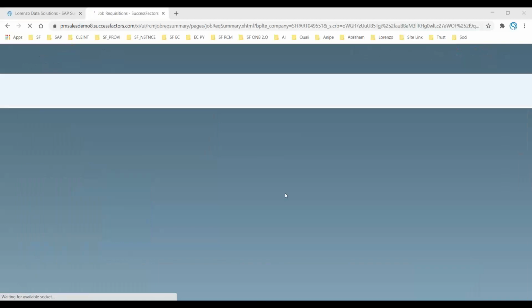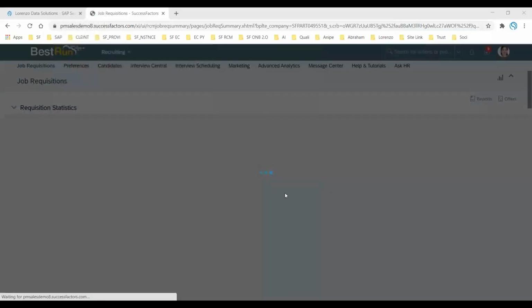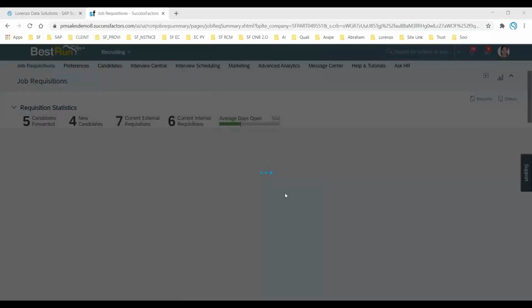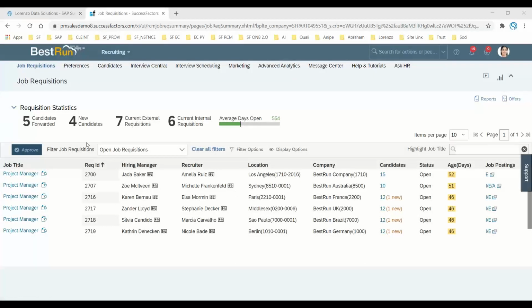When you navigate to recruiting, you need to see the job requisition page, and you can see there is a candidates column. You can also do it from the candidates tab at the top of the page, but I'll do it from the job requisitions which are already placed here.